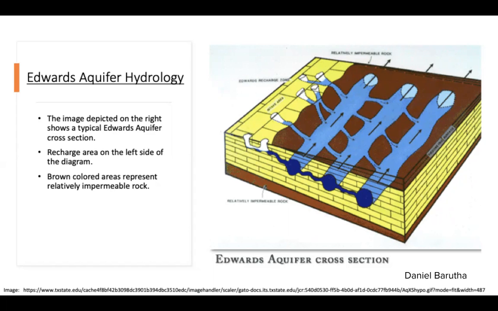So you are looking at recharge areas on the left of the diagram, and the brown colored areas represent relatively impermeable rock. These are some of your confining layers. The Edwards limestone has a thickness of roughly 450 to 500 feet, of which about 450 feet make up the Edwards